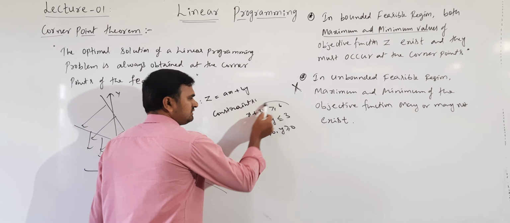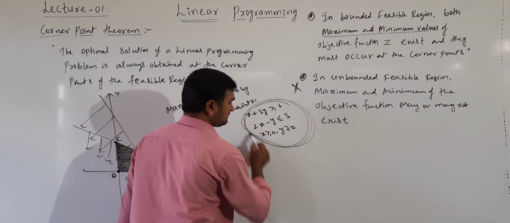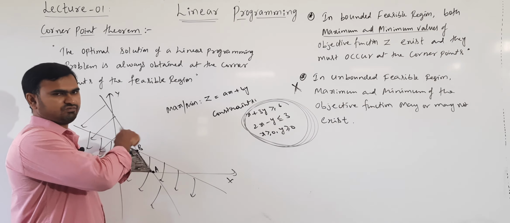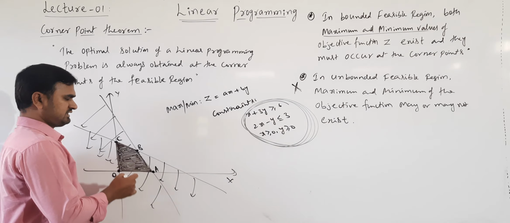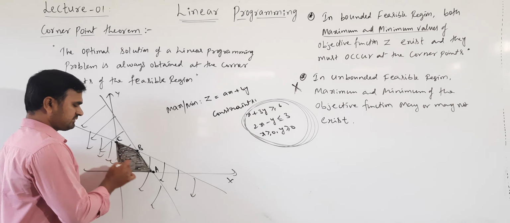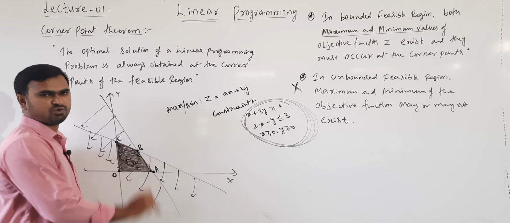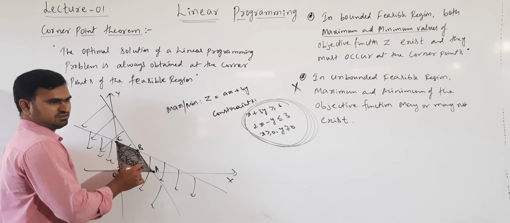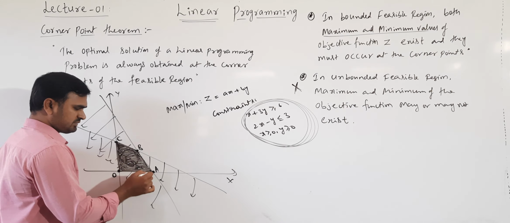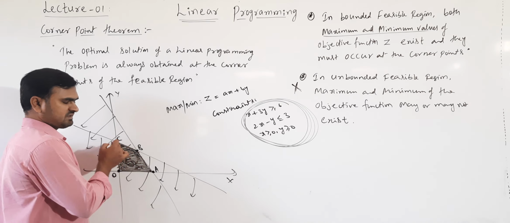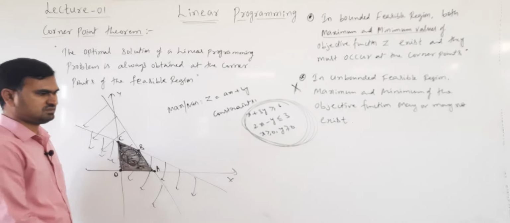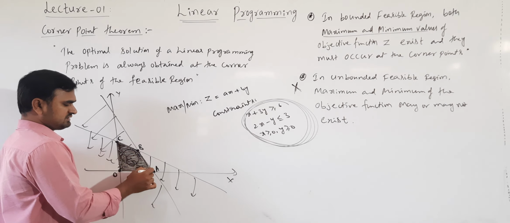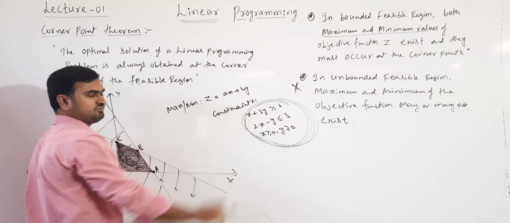For that, we draw the solution of these linear inequalities graphically. We draw all these inequalities and obtain the feasible region. After obtaining the feasible region, we have to see whether it is bounded or not. We are discussing bounded regions. Once it is a bounded region, we have to obtain the corner points, which are the intersections of the boundary lines. At these points only we will get the maximum or minimum of z.